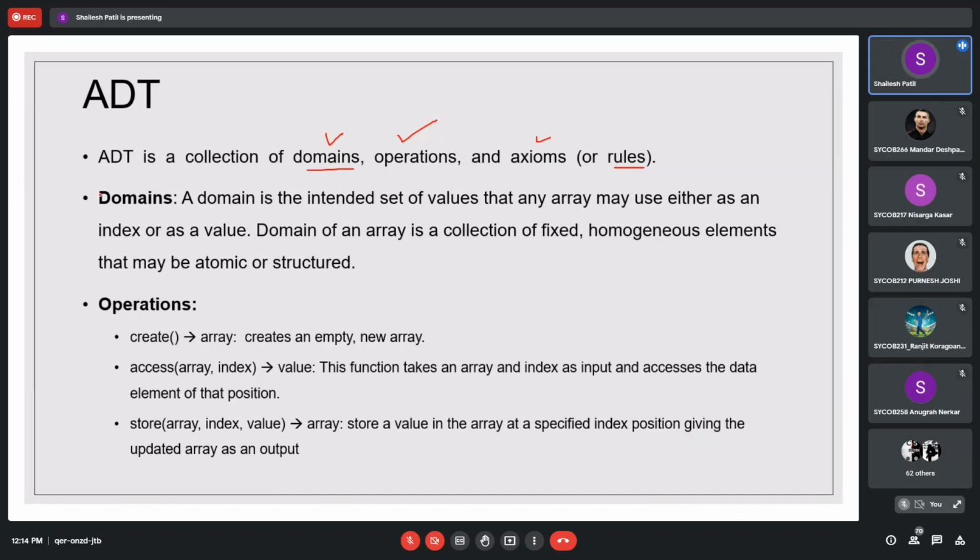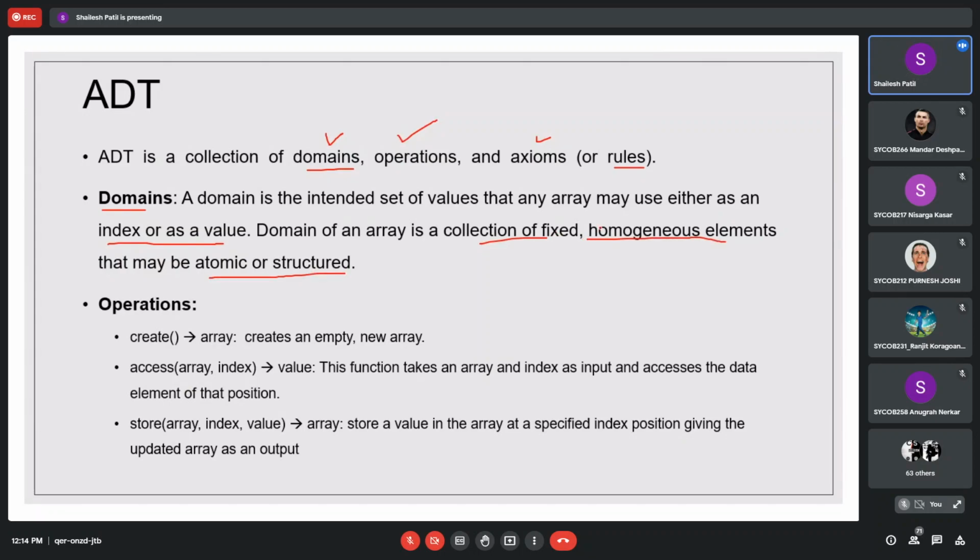So what is a domain? It is the intended set of values that an array must use, either as an index or as a value. Domain means what values it is going to possess. The domain of an array is a collection of fixed homogeneous elements, which may be atomic or structured.